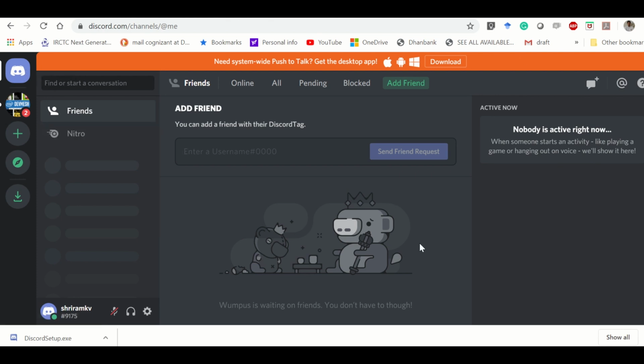I'll explain all this to you, but once you try to get in for the first time, it will ask you to log in and you need to register, and you may get a verification mail quickly. With that verification content, you are permitted to go ahead and use Discord.